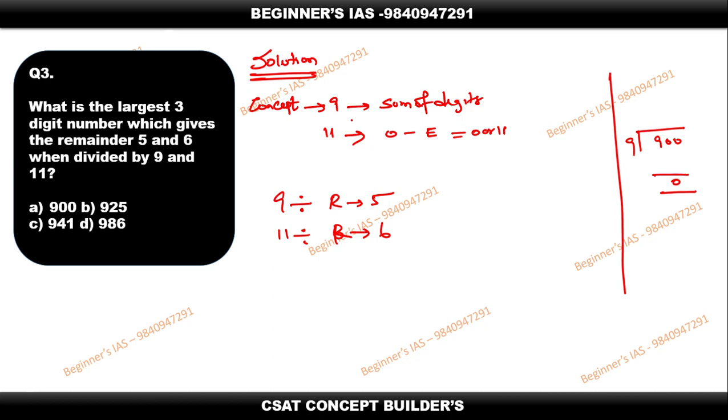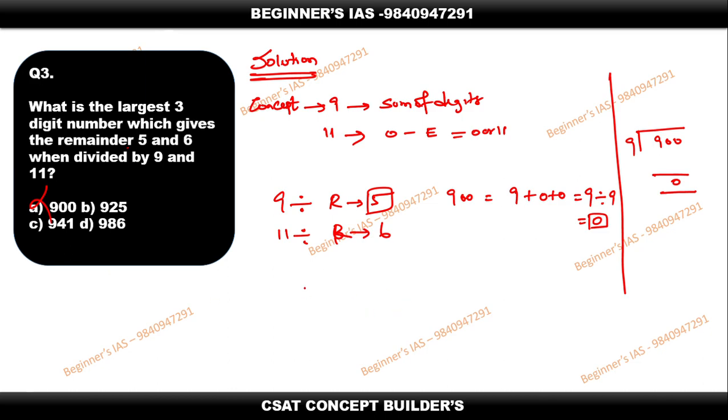But if you know this logic, it is very simple. So now 900. What is the concept of divisibility by 9? The sum of the digits, therefore 9 plus 0 plus 0, which is equal to 9. Yes, it is divisible by 9, so the remainder is going to be 0, but here it says the remainder is 5. Therefore you can eliminate